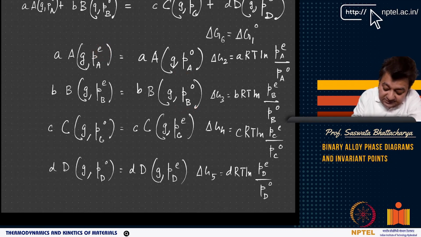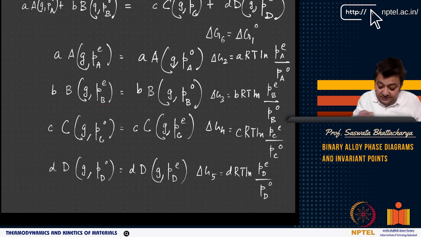As a result, you will see the partial pressure becomes PA equilibrium and PB equilibrium, so that the total pressure remains 1 atmosphere. You have A moles of A, but you have now PA equilibrium and you initially had PA naught, right? The equilibrium partial vapor pressure is PA equilibrium. Similarly, PB equilibrium is the equilibrium partial pressure of component B. Now again, the B moles are getting transferred from here to here. So this is the pure state, and this is where there is the reaction. So basically, you have PBE, and here you have PB naught.